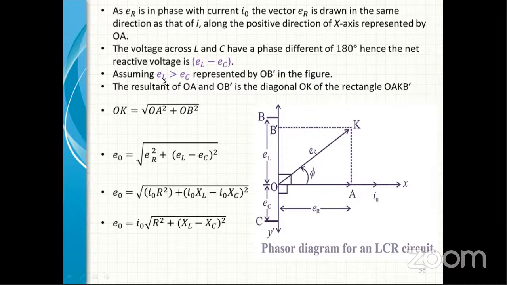Then assuming this EL is greater than EC, आता assume करायची काही गरजच नाही कारण ते असणार आहे, and it is represented by this OB dash. Okay, in the figure the resultant OA and OB dash the resultant